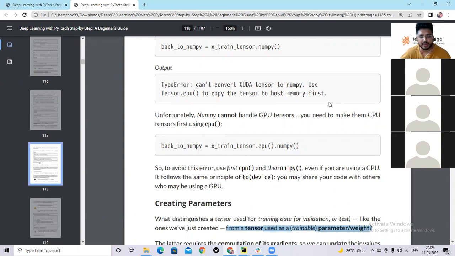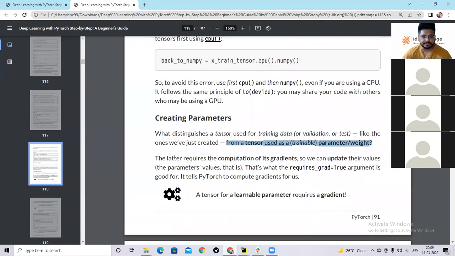We only require the gradients of the learnable parameters, which in our case are b and w, right? So here it is written: the latter requires the computation of gradients so that we can update their values using gradient descent. That's what the requires_grad equals True argument is good for.